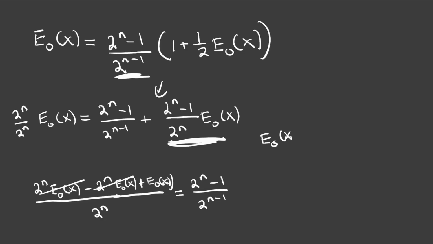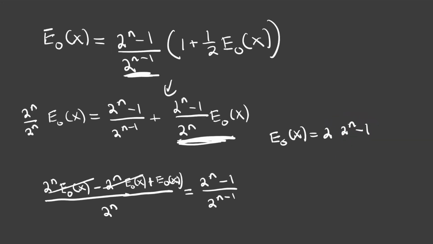When I do that, I basically just get 2 to the power of n times (2 to the power of n minus 1) over 2 to the power of n minus 1. So this term's going to cancel right here with the first n minus 1 terms of this. So we can just rewrite this as 2 times (2 to the power of n minus 1), right? This would be in parentheses, actually. So that's the final answer. E sub 0 of x for a general n is just equal to 2 to the power of n plus 1 minus 2, when I distribute this 2 inside of here, right? This is our final answer.